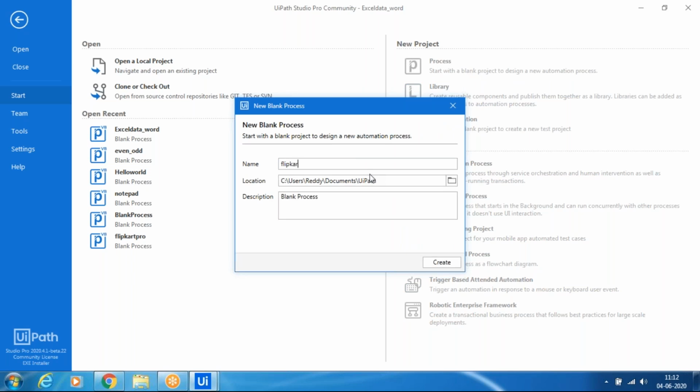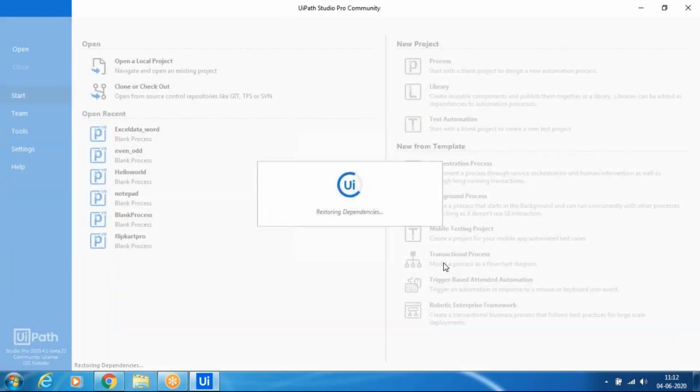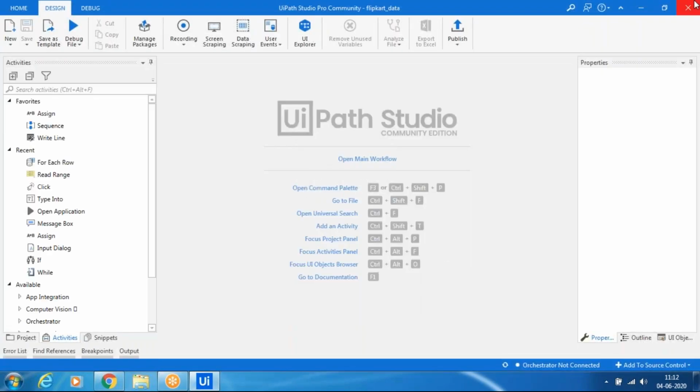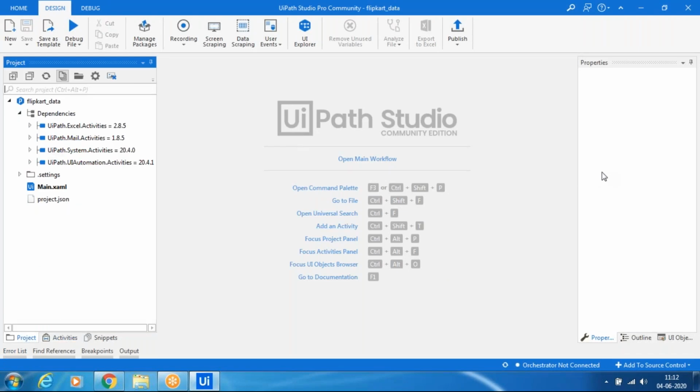Flipkart data. Create. So open the Main XML file